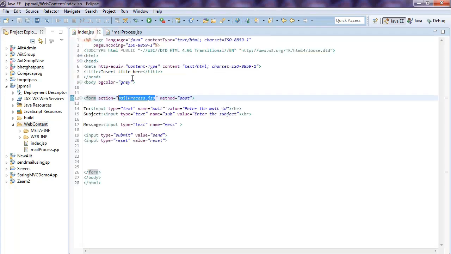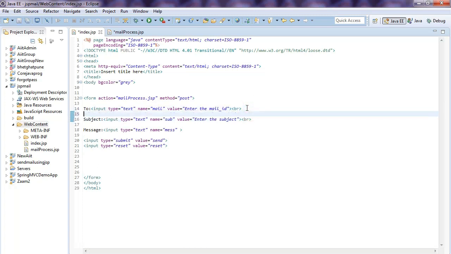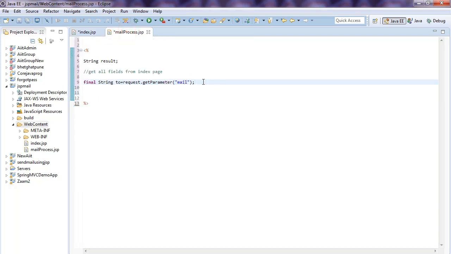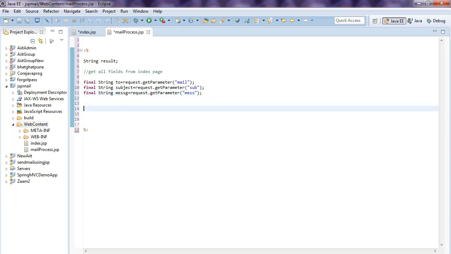Because in index.jsp you assigned the name of the option as mail, so you write mail here. Okay, this is my first step, getting all the parameters from the index page. So we completed all the parameters.